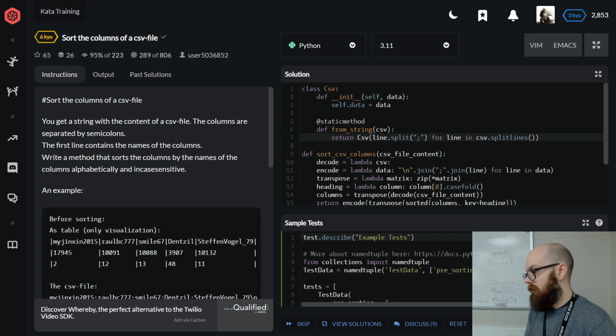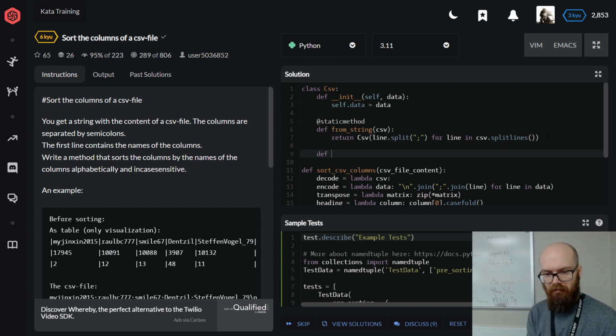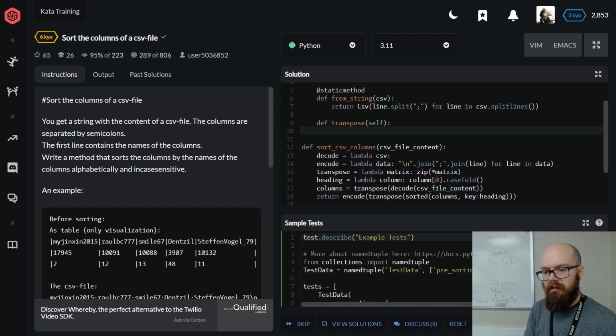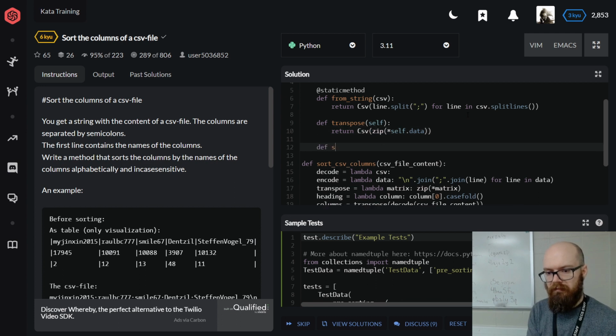I'm going to make a new version because I want to be clear about what's happening and not have to ask, are we changing it or making a new one? I just want to make a new one every time. Forget about the old data. And then we're going to have one called transpose, which is going to do exactly this thing. Well, it's less typing to just do it. Something like that. And then we're going to have the sort